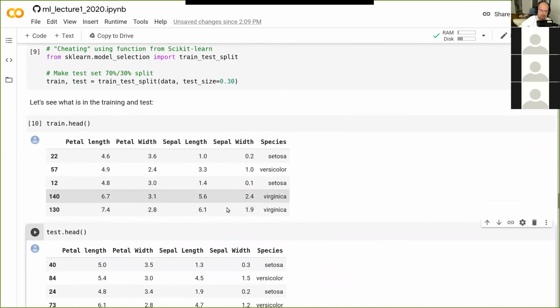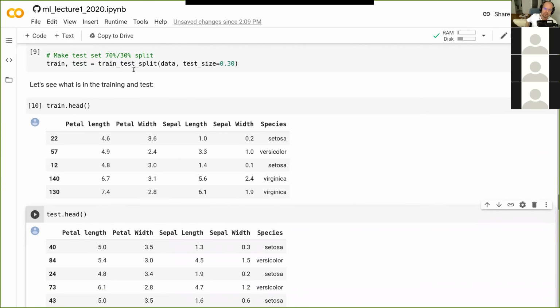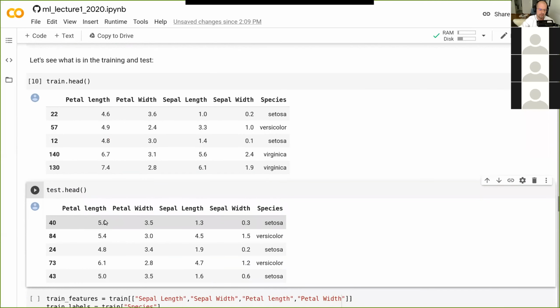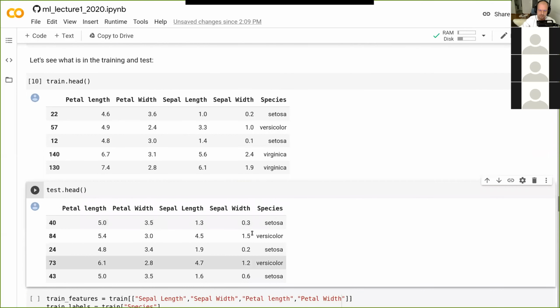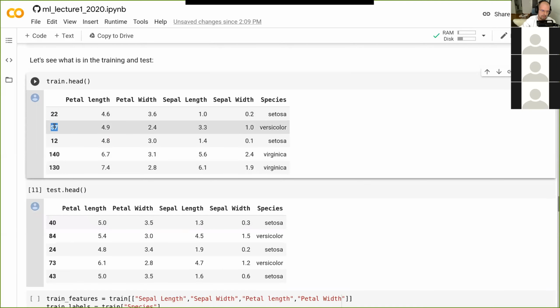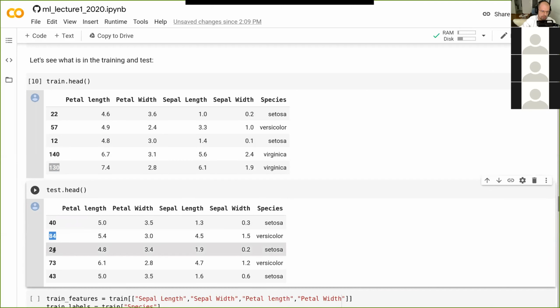So what this train test split function does is it randomizes all your data, and it gives you 70%, in this case, randomly chosen rows in the train, and a randomly chosen 30% will be in the test, and it's also made such that they don't overlap. So this is a perfect way for us to divide our data here, and you can see the numbers look random as they should be. There's no ordering or anything.